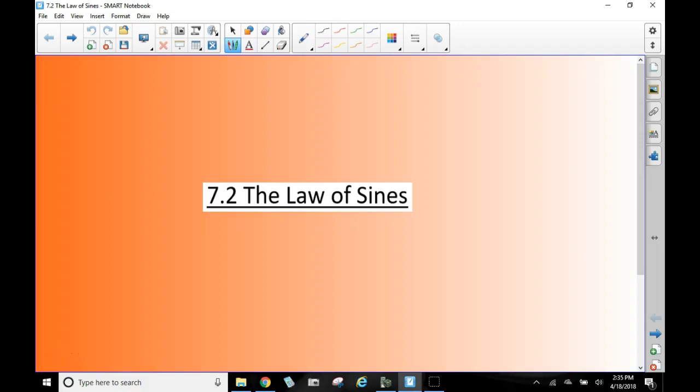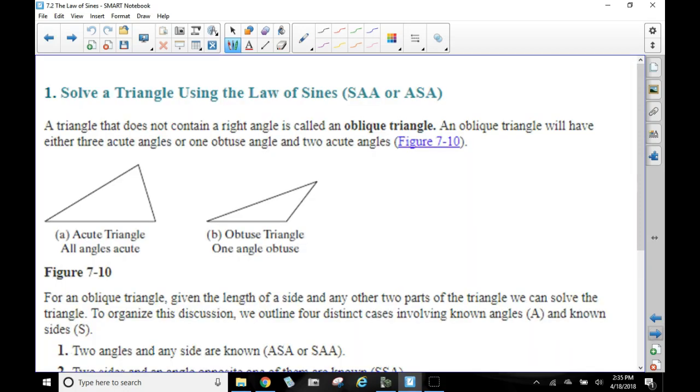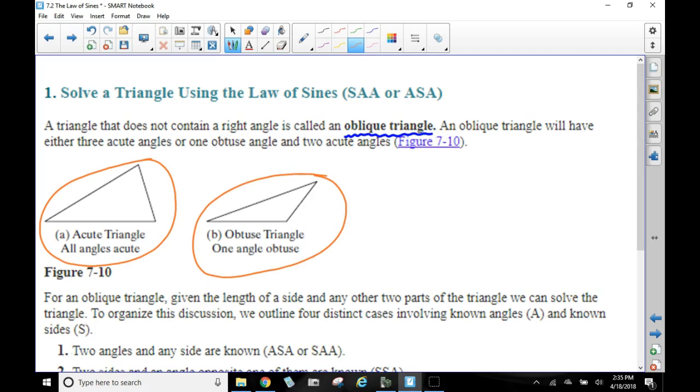In section 7.2, we will be using the law of sines to solve oblique triangles. We're going to be finding the missing parts of triangles that are not right triangles. These are collectively referred to as oblique triangles. There are a couple of examples: acute triangles as well as obtuse triangles. We're going to be able to find all the missing sides and all the missing angles using our law of